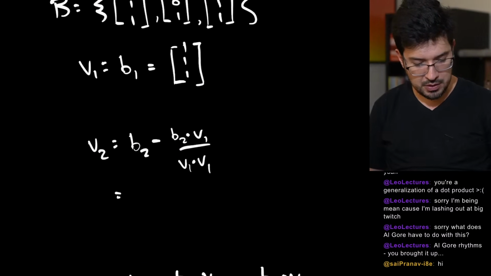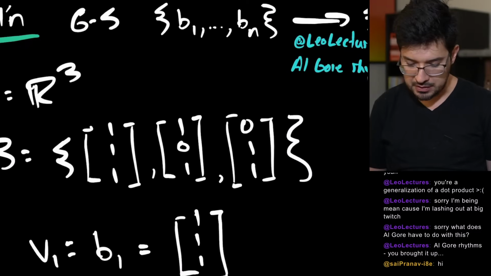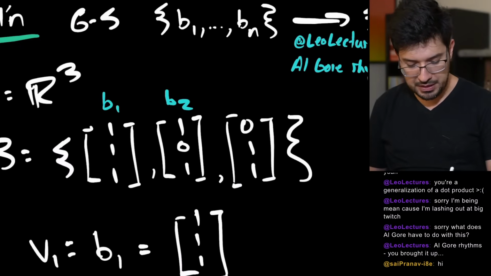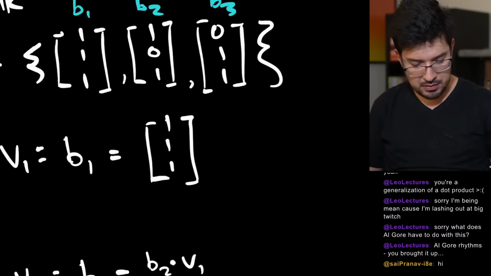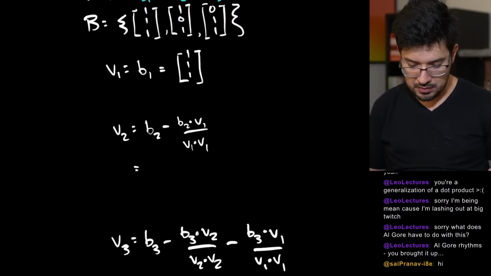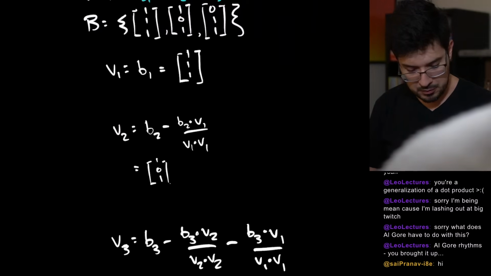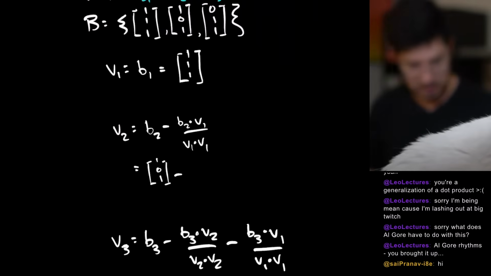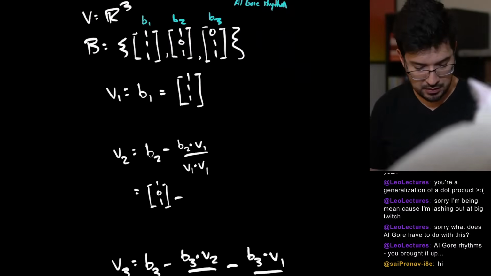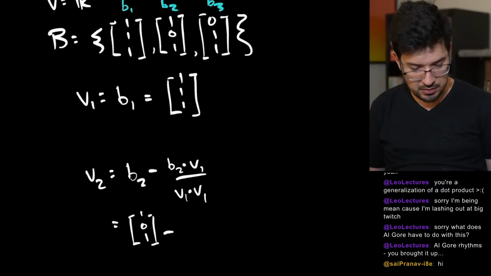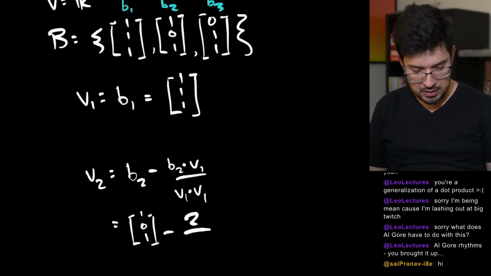B2 is the second basis vector. These are B1, B2, B3. So 1, 0, 1, minus the dot product of 1, 0, 1 with V1, which is 2, divided by